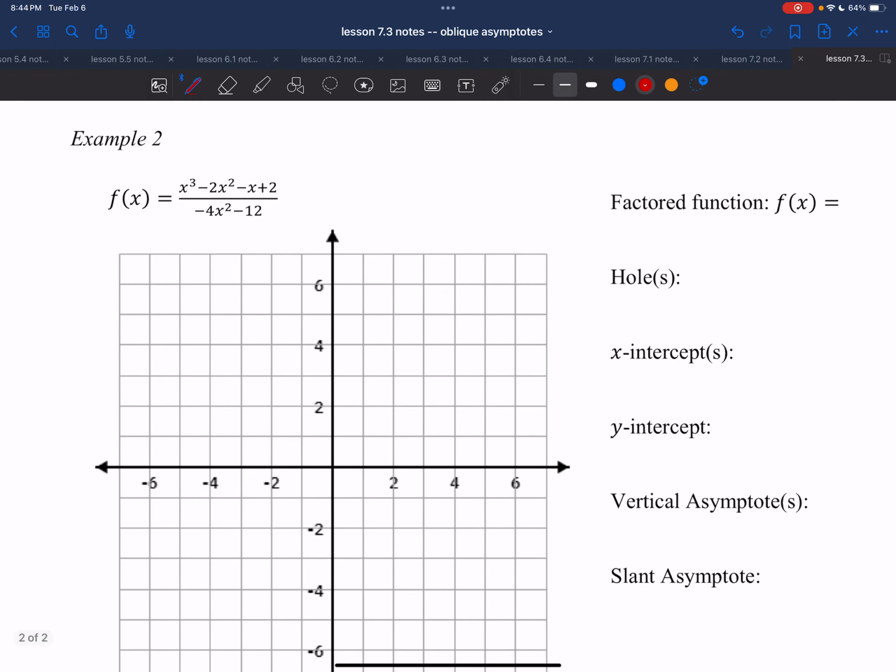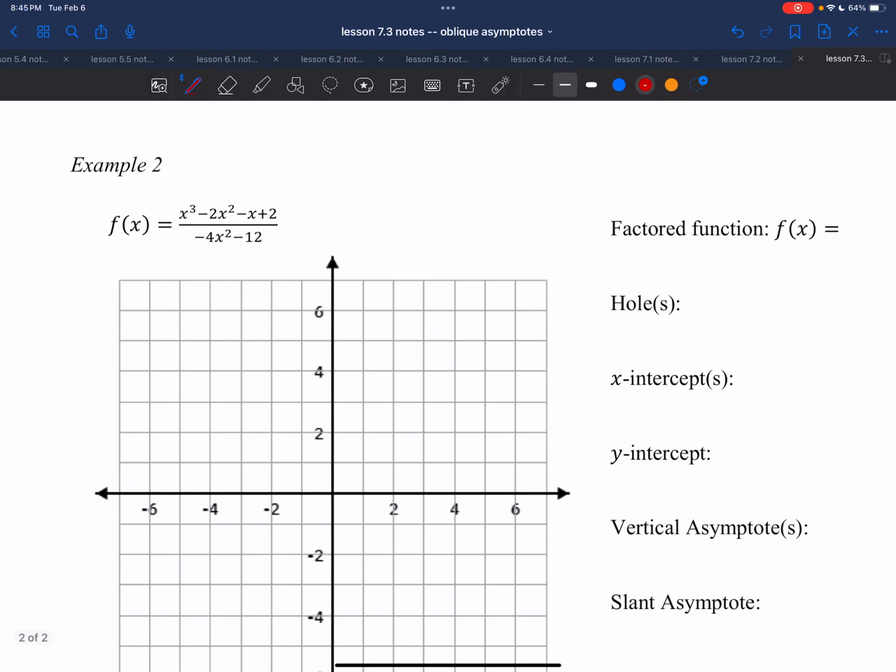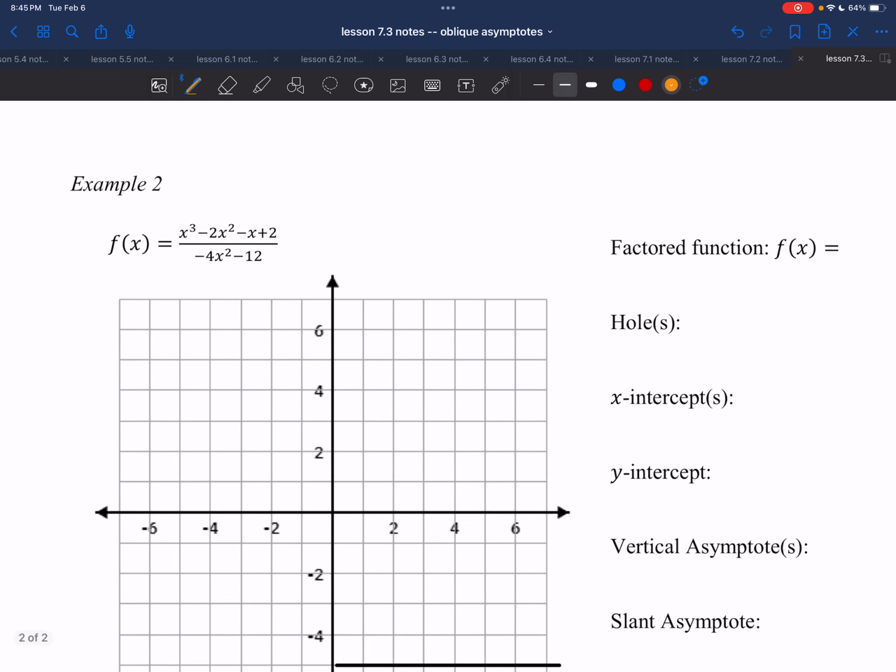Okay. Example 2. So this one is pretty much the same thing as we just did. It just has a little bit more complicated factoring, right? It's factoring a cubic, so you have to remember how to do that. Let's put this in yellow. So if you have x cubed minus 2x squared minus x plus 2,